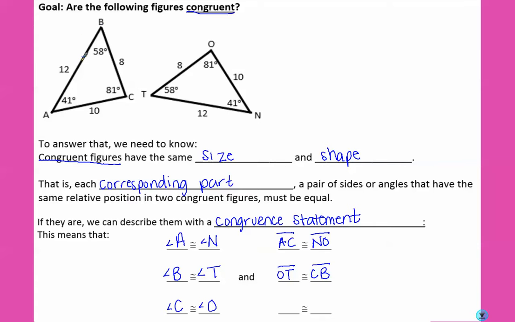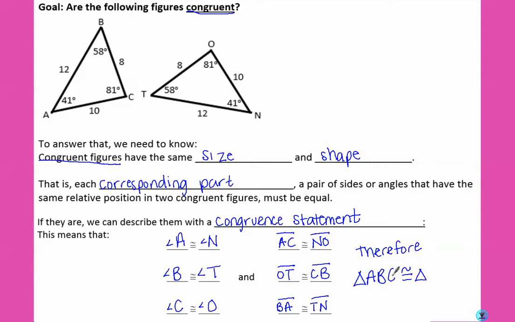And then finally, BA is the same as TN. Since all the angles match up with a congruent statement and all the sides match up with a congruent statement, therefore, we know that triangle ABC is congruent to triangle